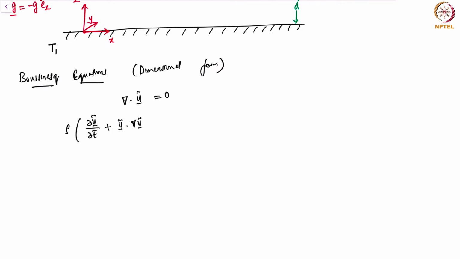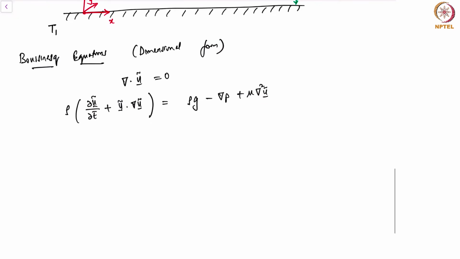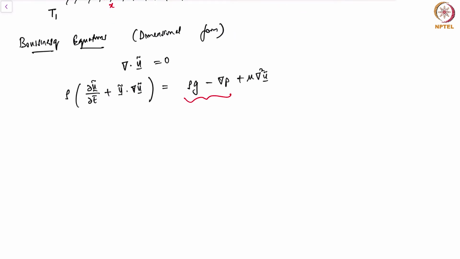Note that I'm putting a tilde because I want to say that these are dimensional variables. This would be something like rho G on the right hand side. Now we have gravity term at P plus mu del square U. This is what we have. Now if you notice this term here, rho G minus grad P, we can further write this as